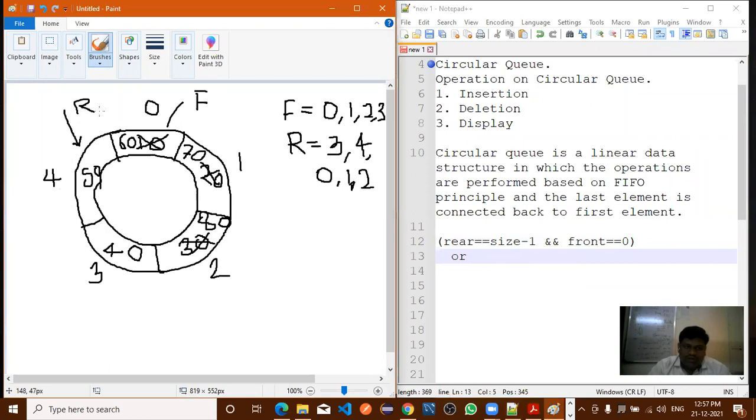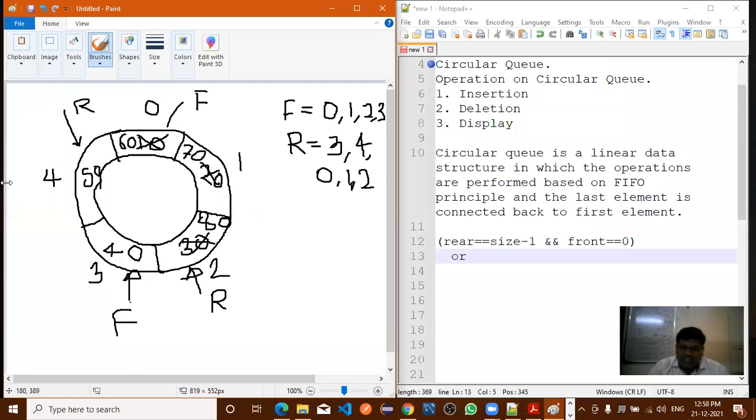Now this is the first scenario, right? Now the next scenario is, here a pointer is there. Which pointer is there here, rear or front? Front is there. Now here rear pointer is there. In that case, is it possible to insert the next element here? No, sir. No. Now, how to identify this condition logically?